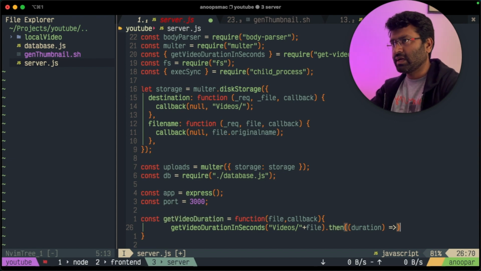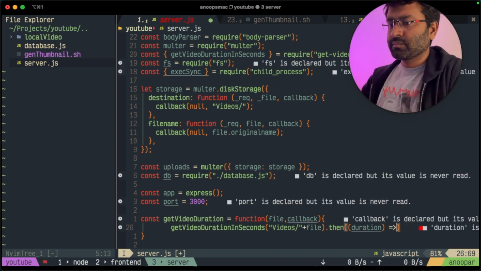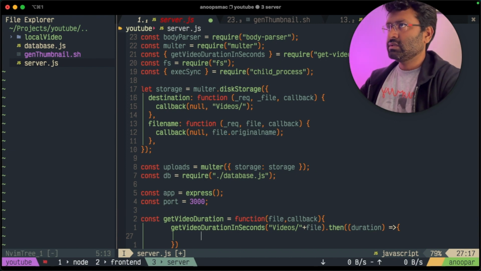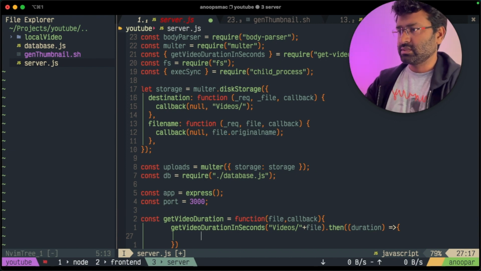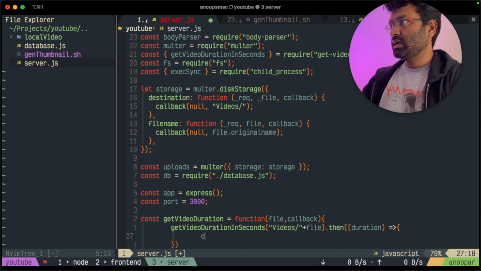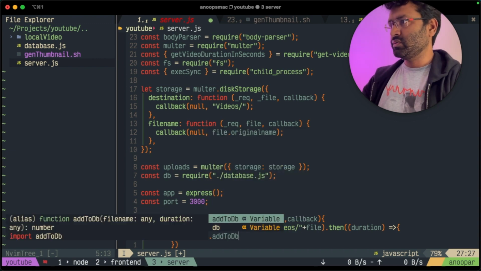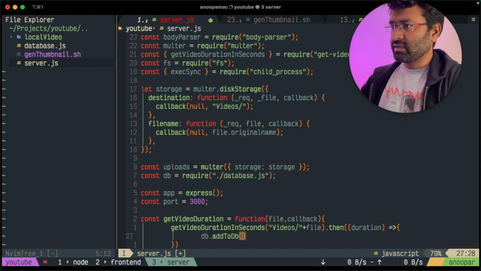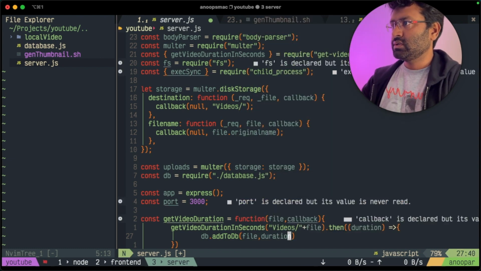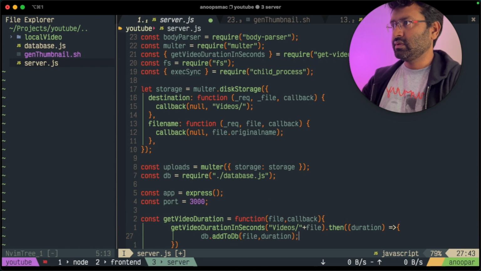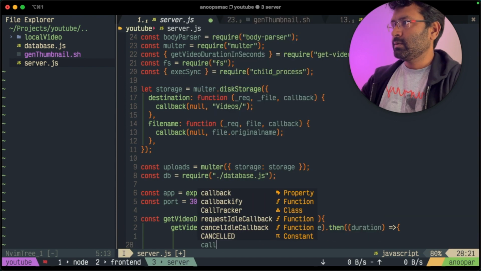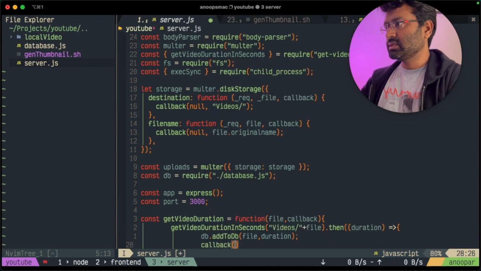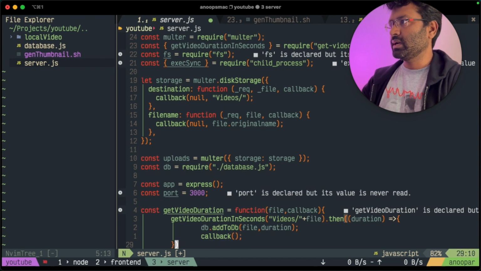After that we have to add that file to the database. That is why I'll use db.addToDb, and here we would get the file name and also the duration. So this is when we are adding that to the database, and I will run the callback from here,